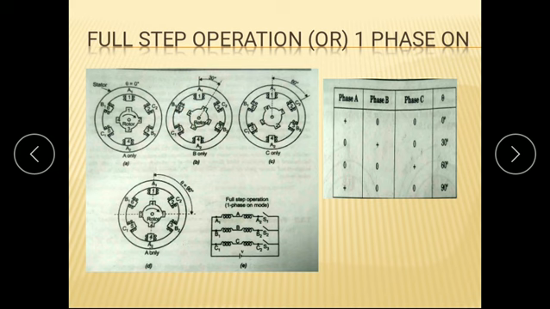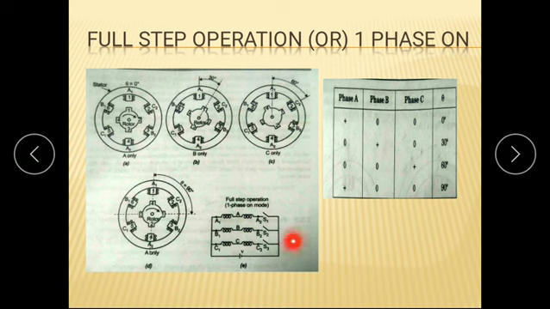So the rotor teeth 2 and 4 align towards the B phase, and next you will give excitation to the C phase. When you give excitation to the C phase, only this C phase path has minimum reluctance, that is maximum flux. So the iron piece, that is the rotor, gets aligned towards the C phase.